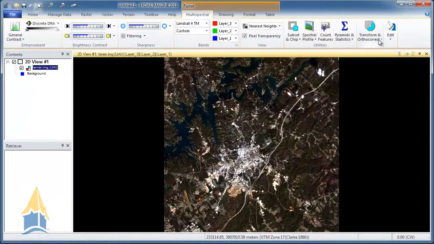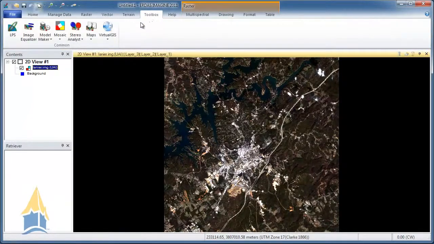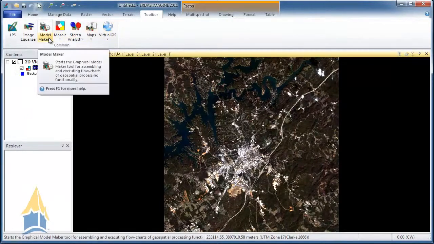You can also orthocorrect. You can do orthorectifying of imagery in here, radiometric correction as well. So any of the pre-processing sides of the imagery you can do within here. You also do have a toolbox in here where you can go into this little model maker, which is a lot like ArcMap and its model maker, and you can actually design a model, which is kind of like